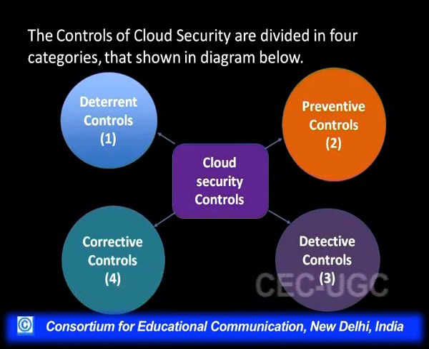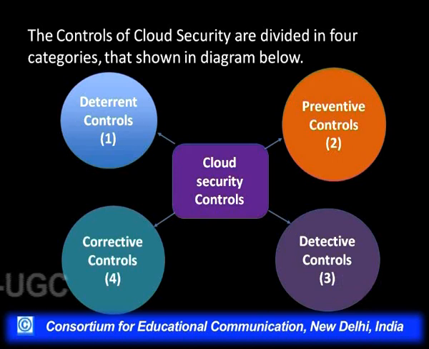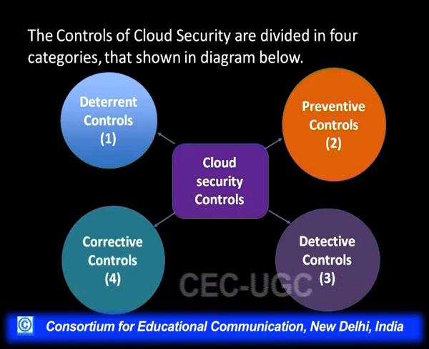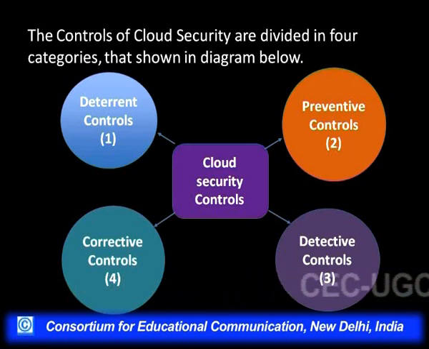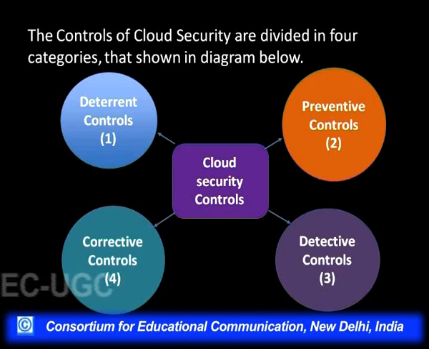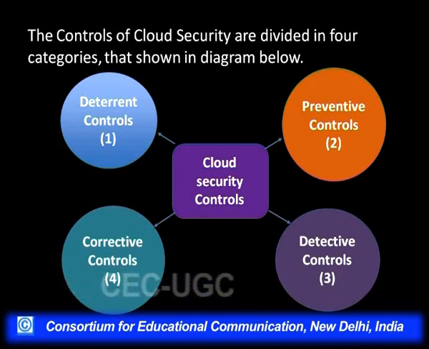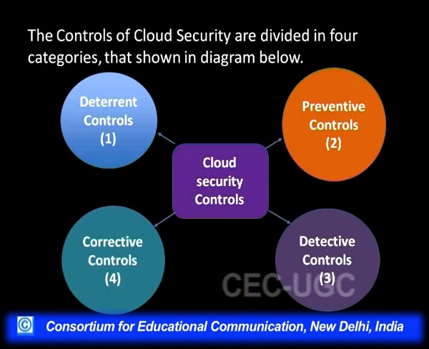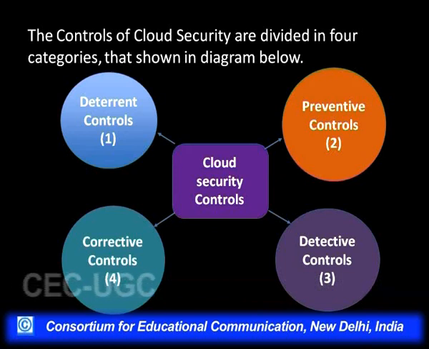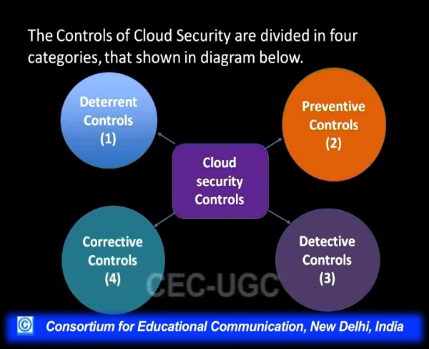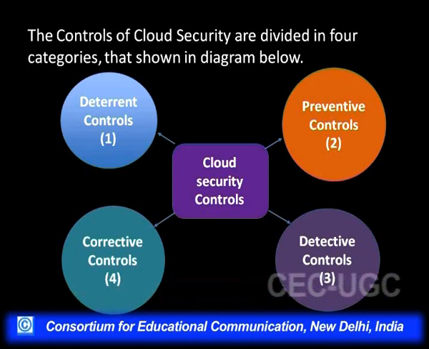We have discussed the different issues in cloud computing, and the different kinds of risks in cloud computing, but in order to handle these risks, we also have different kinds of security controls. There are different security controls which need to be adopted. One is the deterrent control, then we have preventive control, detective controls and corrective controls.